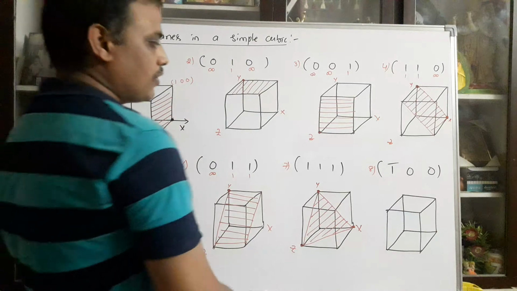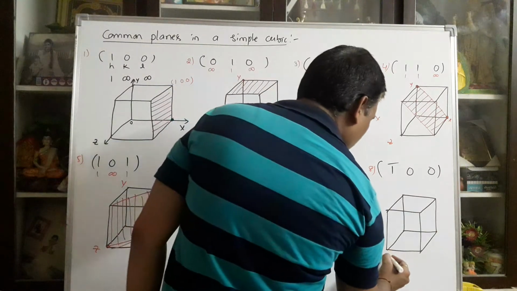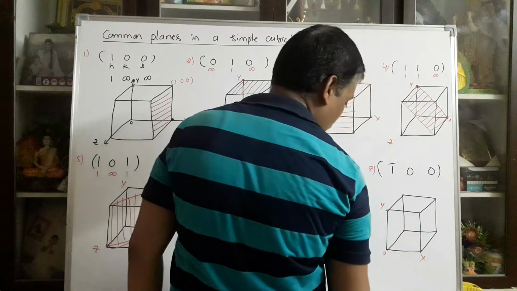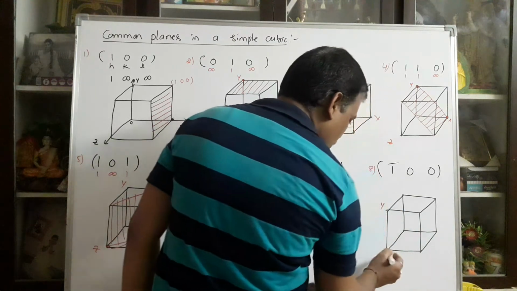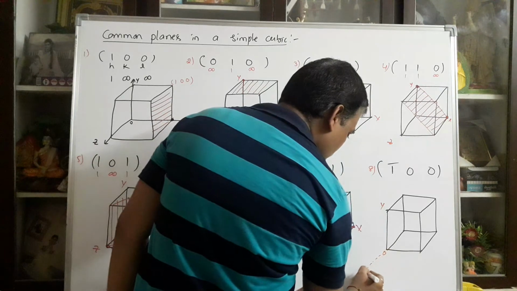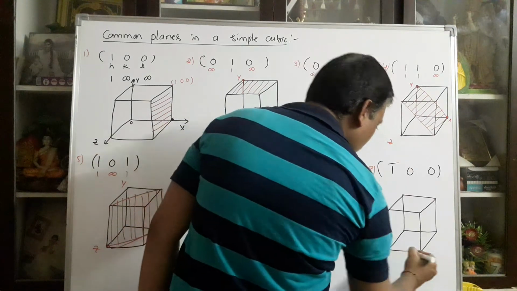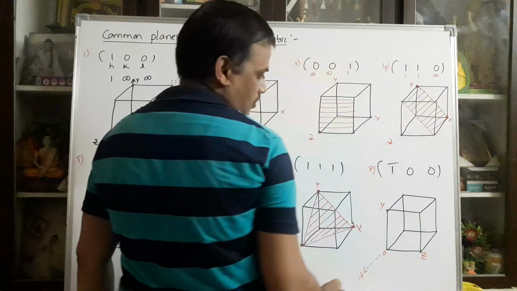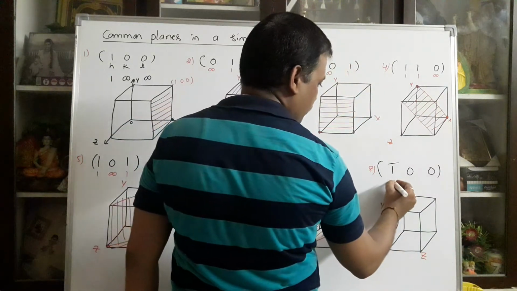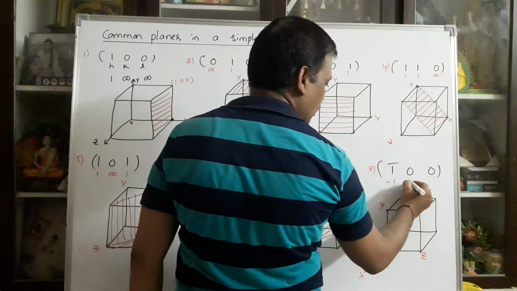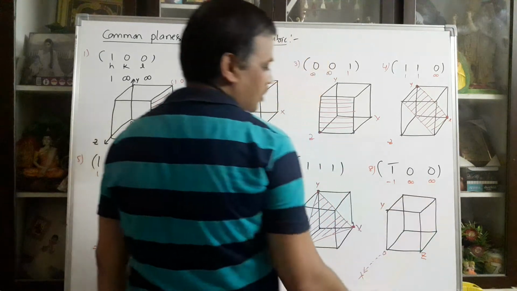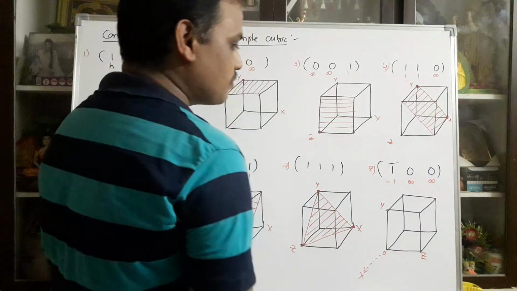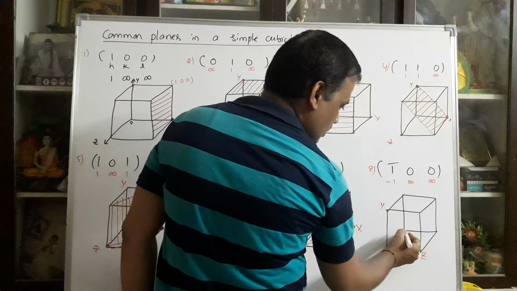After that, negative axis. So I am taking this as origin, x axis, y axis, negative. One more axis I am representing like this. This can be taken as x, y and z axis. As you wish, you can take any. So 1 bar, 0, 0: minus 1, infinity, infinity. This plane is parallel to y and z axis. The negative intercept on x axis is minus 1. This is 0, this is minus 1.